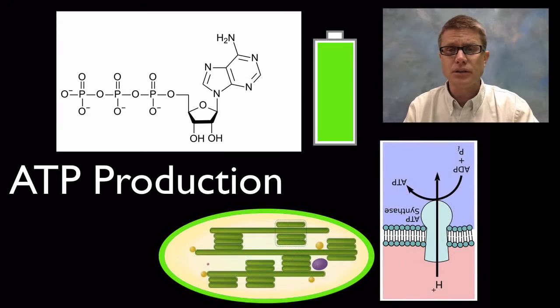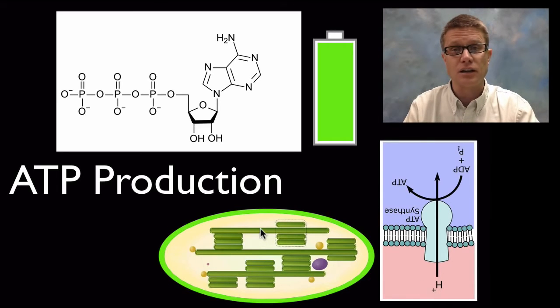Now remember, plants are also going to produce ATP. They're going to do it on the thylakoid membrane, which is going to be this membrane right here on the inside of the chloroplast. What are they using to make ATP? They're using light, energy of light, to do that. How is this different than the mitochondria? Remember, the hydrogen protons are going to be on the inside of the thylakoid membrane. As they flow out, that's going to make ATP. What do we use that for in plants? Remember, out here in the Calvin cycle, we're going to use that to make sugars. Now, plants also have mitochondria, so they can break down that sugar and make ATP. And so that's how we're